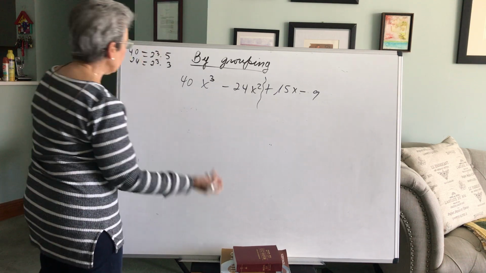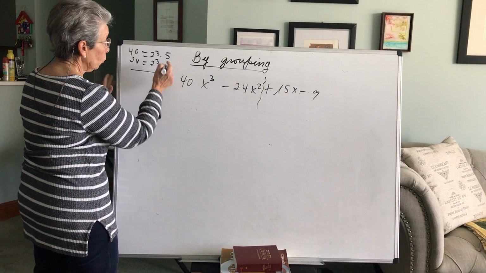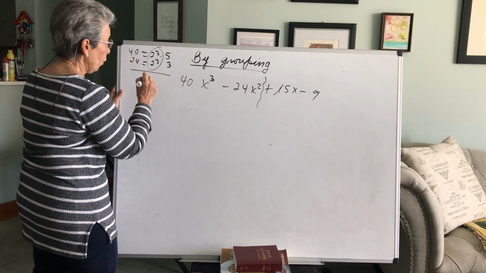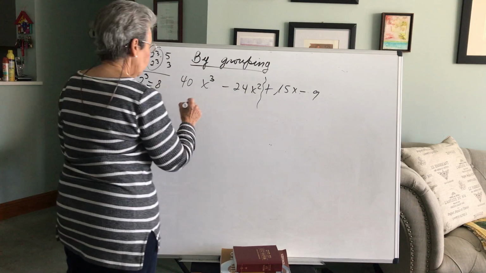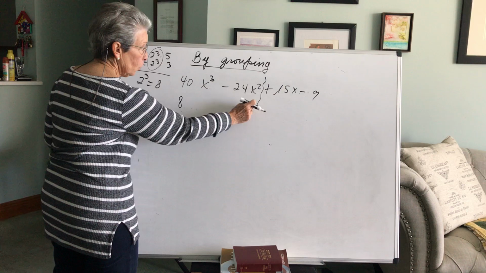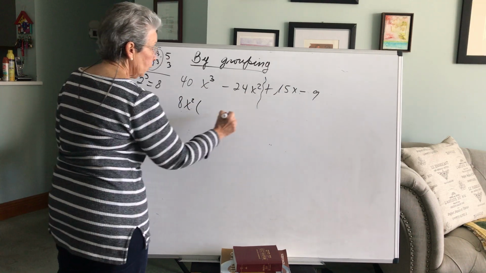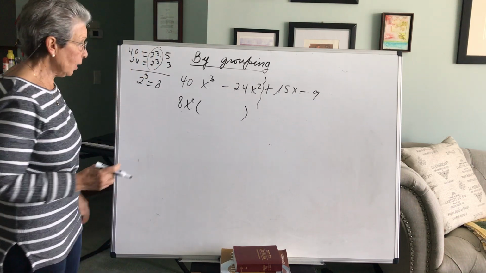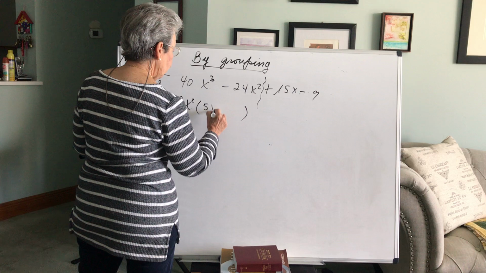What is the greatest common factor? You don't have 5 everywhere or 3. The common factor is 2 to the third power because it's common. And 2 to the third is 8. So 8 is a common factor here. And you have x to the second, x to the third. X to the second is the smaller exponent, then 8x squared is the greatest common factor. What is left? 5x